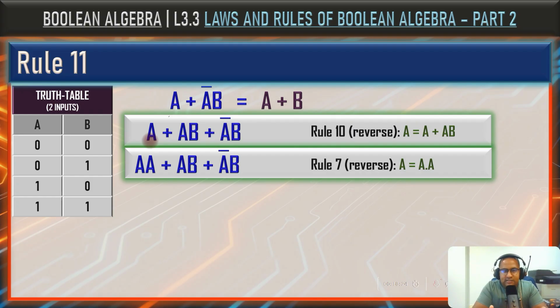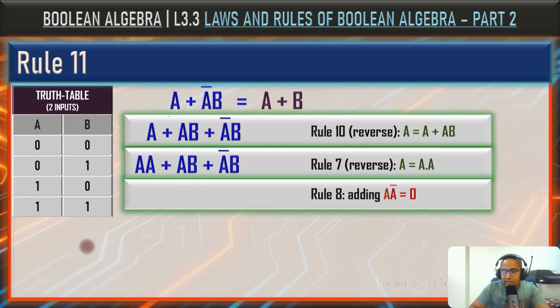Boolean algebra allows us in some cases to add a term to an expression in order to force a useful transformation without changing its logical value. Here we can introduce rule 8, which states that a variable multiplied by its complement always results in 0. Although this technique is valid, it is not generally recommended. However, in certain situations, it becomes necessary.